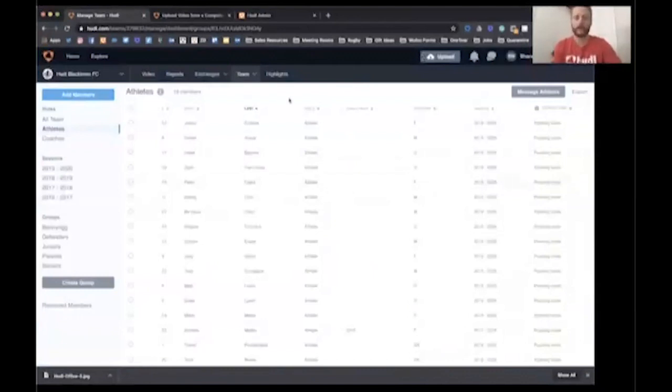The second key then, so your account is set up. And you can do things like creating groups over here of your members. So you might have your backs, mids, attackers, goalkeeping group, whatever else. It just makes it easier when we come to the next section of sharing, that you don't have to constantly select every single person that you want to share the videos with. But that brings me nicely into the next section, which is getting the video online.